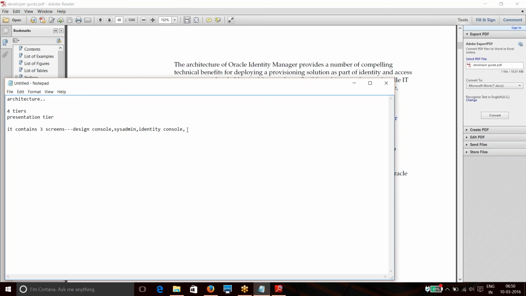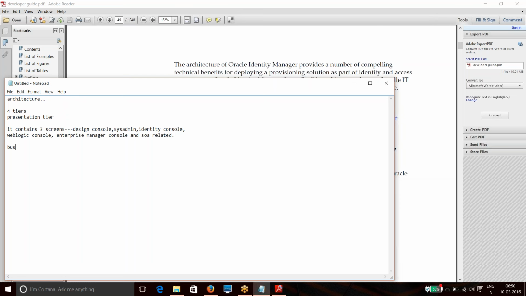But coming to the product architecture, if we are talking completely about OIM, OIM consists of these three screens. Apart from that, we will be interacting with the WebLogic console and the Enterprise Manager console from WebLogic.